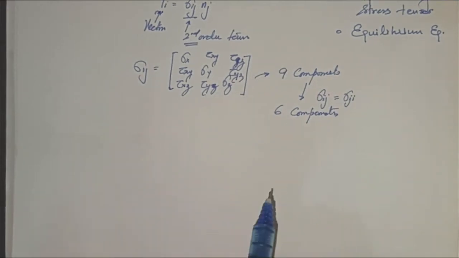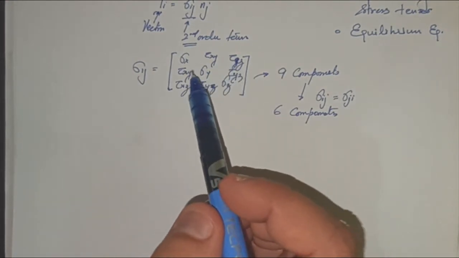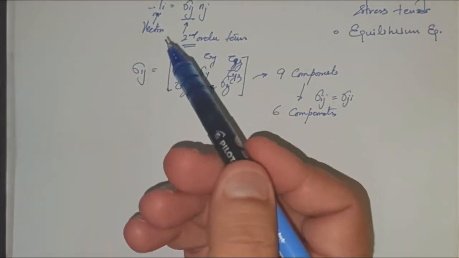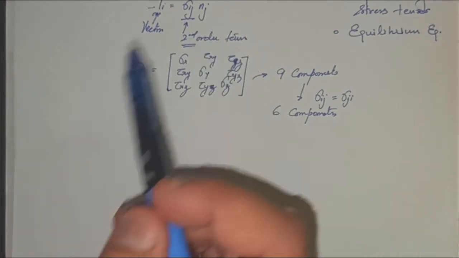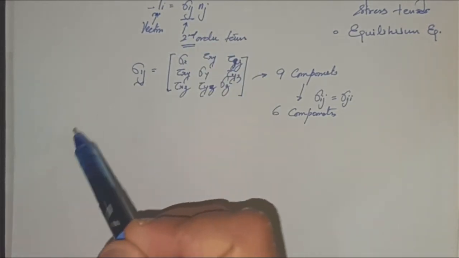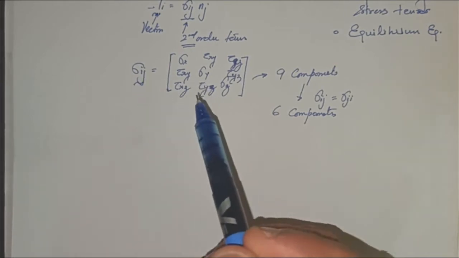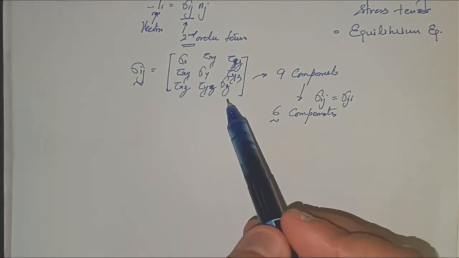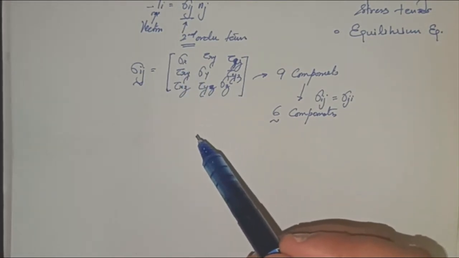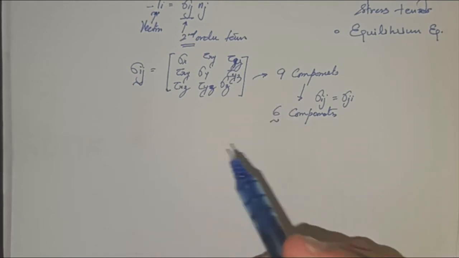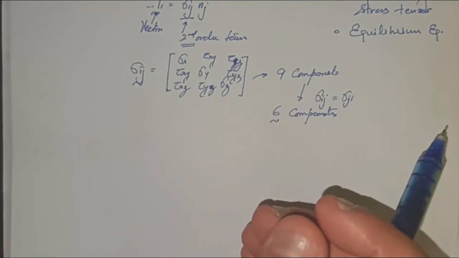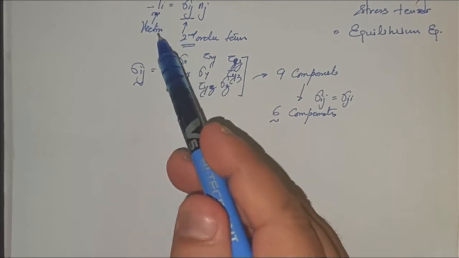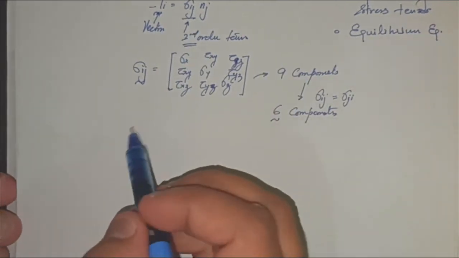Now I would like to convince you why the stress tensor is important rather than the stress vector. The stress vector as a whole is not important for us. The importance is in what the stress tensor sigma ij is, because the stress tensor consists of 6 important components: 3 normal stresses and 3 shear stresses. Practically, the loading we are directly exposed to acts on these components only, not the stress vector. For example, if we have